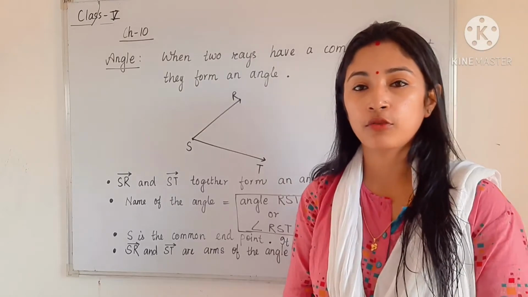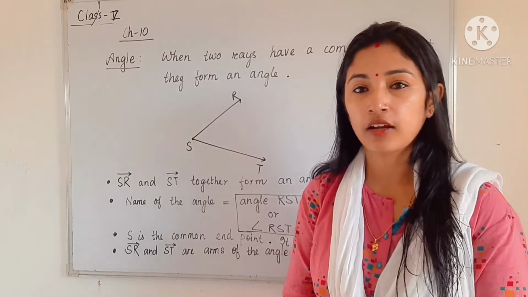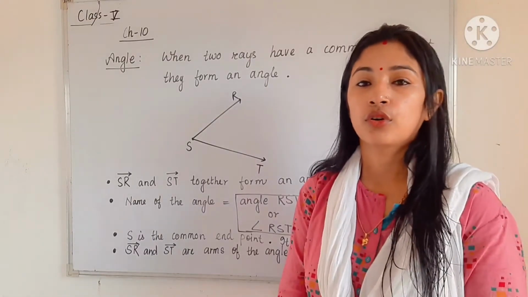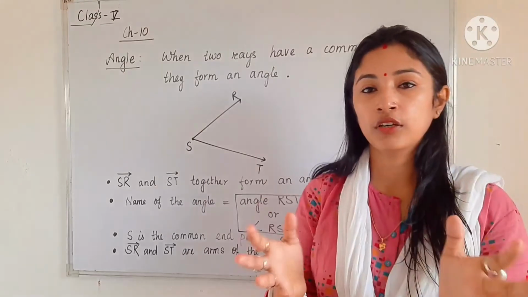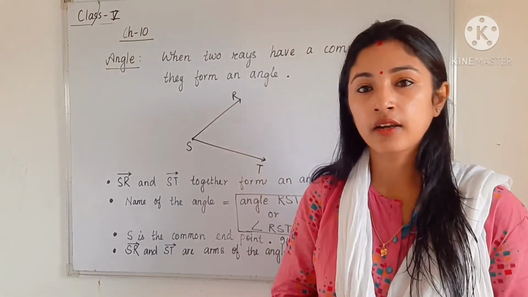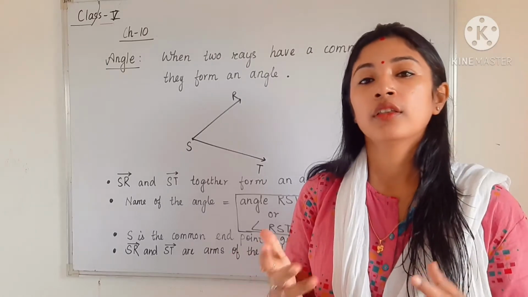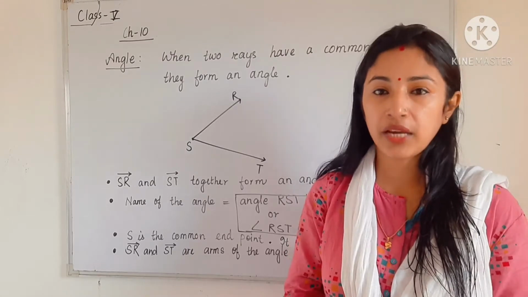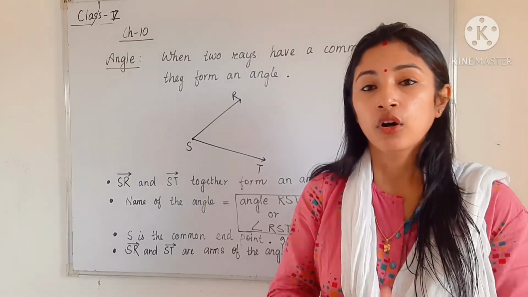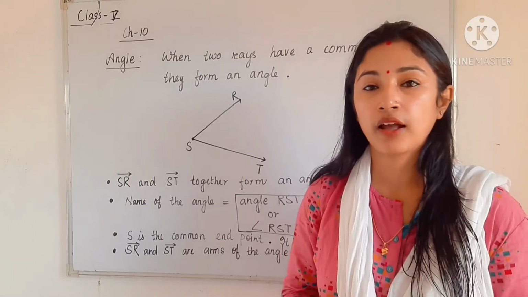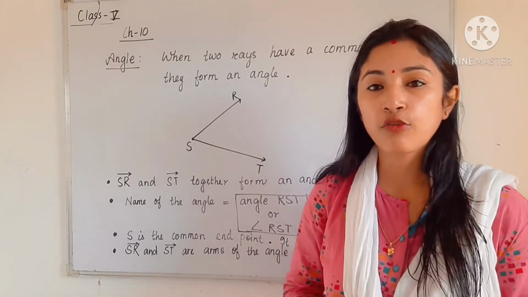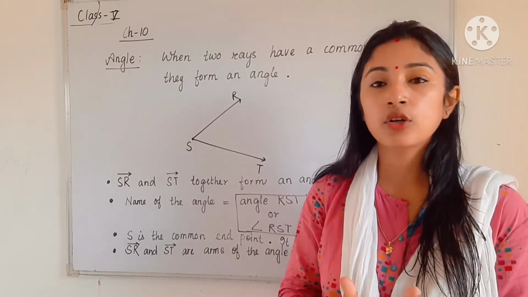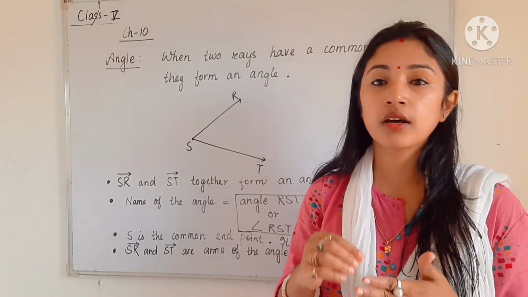After that we have to study about the types of angles also. So here, what is an angle? Already we know we have studied square and rectangle, and in the last class also I told you that in a square or in a rectangle there are 4 angles. So how are those angles made? First of all we should know how angles are formed. Angles are formed using 2 rays. If we join the 2 rays using a point.